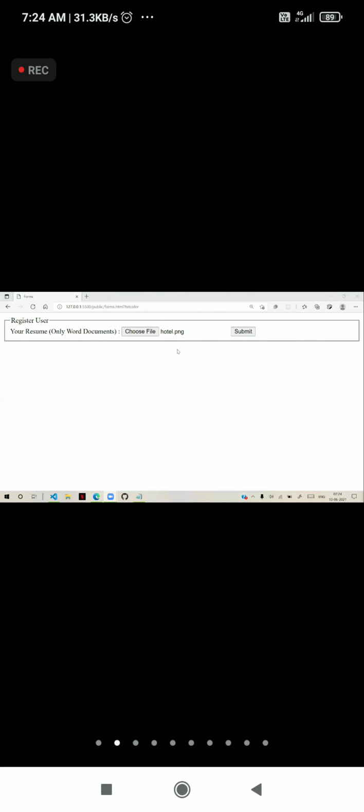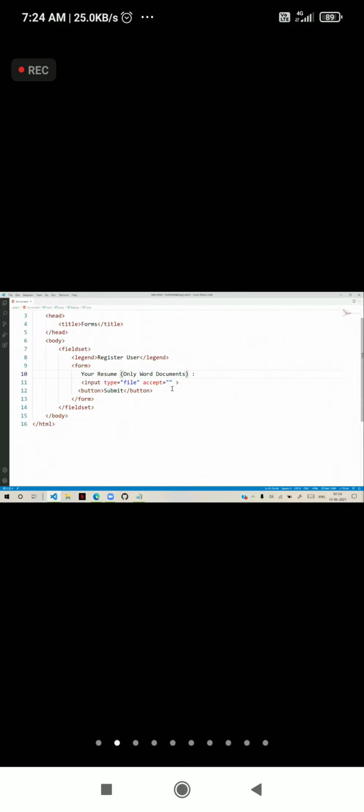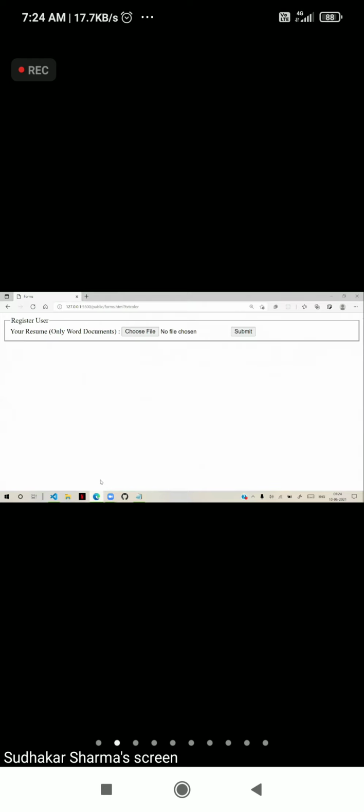So what we can do is we can restrict that by using accept. Here we can tell the extension .docx. That is the extension, or you can configure the MIME types. This is the extension, what extension you want to allow.